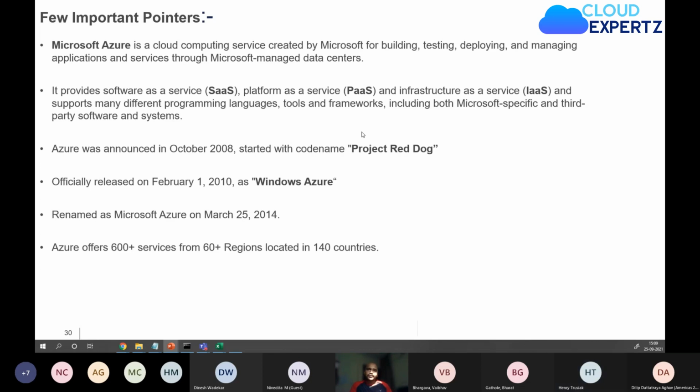Now, Azure offers 600 plus services. AWS offers 2000 plus services. Doesn't mean that AWS has more services. No, it basically means that some services are native to the platform, which they have actually created, built, or acquired, whatever you say. And some services are offered by third-party vendors who are registered with Azure through